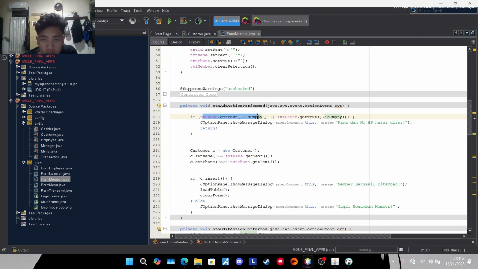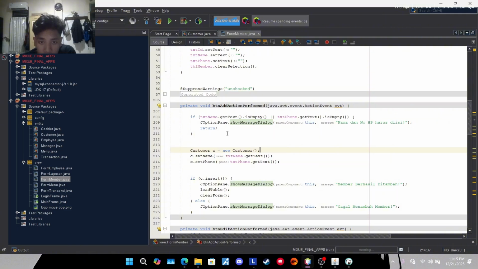So when this has a true value, they must check again whether this value is empty or not, false or true. If they are false or the phone number is filled with a number, they will still show the message like this, because this is the OR query. So if 1 or 0, still has a 0 value.